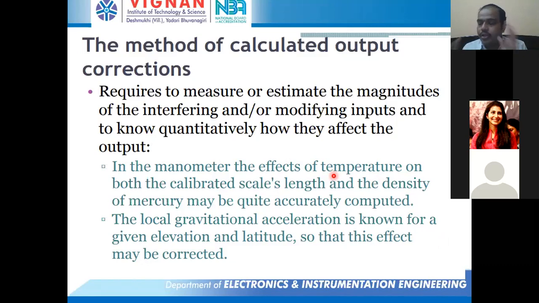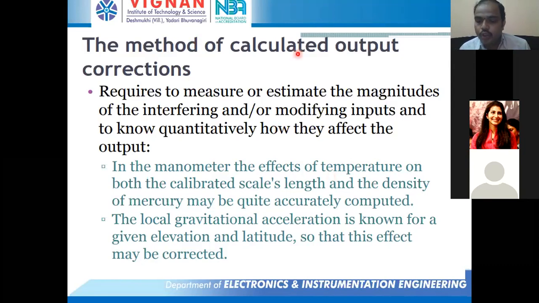For example, assume that a mercury level may change by some 1 centimeter of length for every 10 degrees centigrade of temperature. If you know the effect of temperature on the mercury liquid, then after knowing that effect, for example, it was 25 degrees centigrade, we go outside and measure the temperature, and it is 35 degrees centigrade. Understood? How many degrees of change happened there? 10 degrees, for example. So for 10 degrees centigrade, actually you know the effect, say 1 mm of mercury changes. So from the h we get in our result, we subtract that effect. We remove that 1 mm, we correct that 1 mm. That is called the method of calculated output.